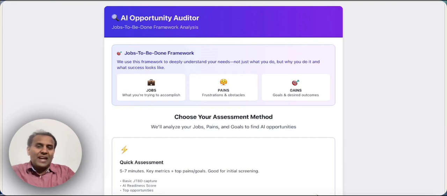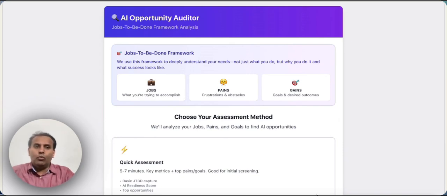Hey, one of the biggest challenges most people have is: how do I use AI? How do I leverage AI in my work? Because frankly, I keep hearing a lot of things about AI. People say things, but I don't know. I'm not able to go beyond 5% of usage of AI. I'm using ChatGPT or Perplexity and other things, but I don't know where to go and use the